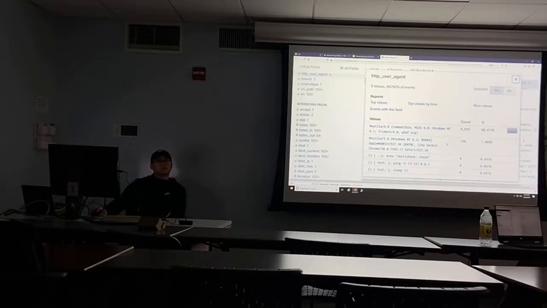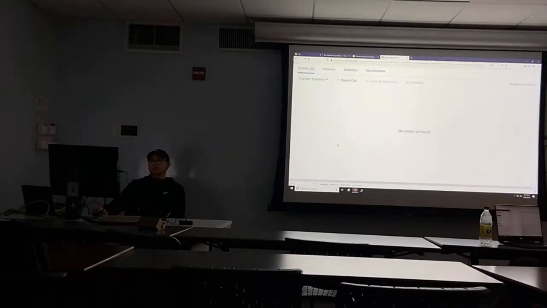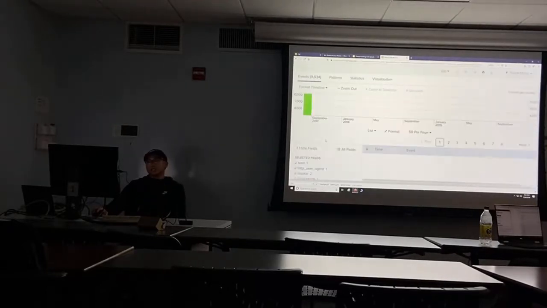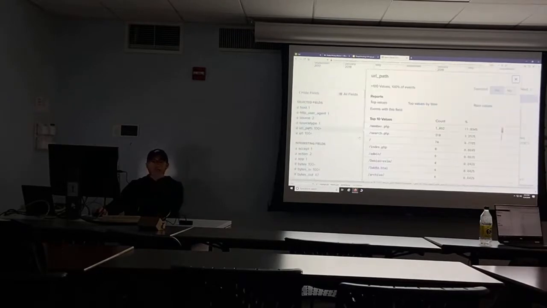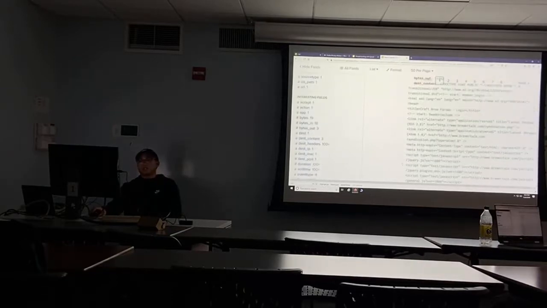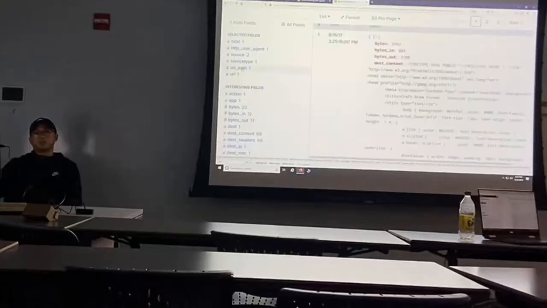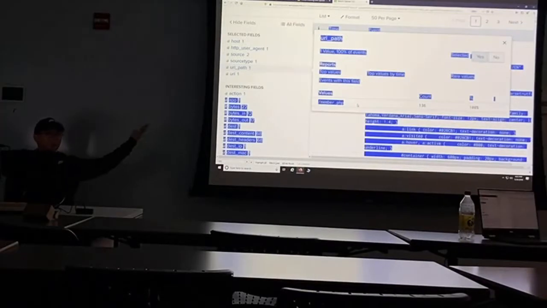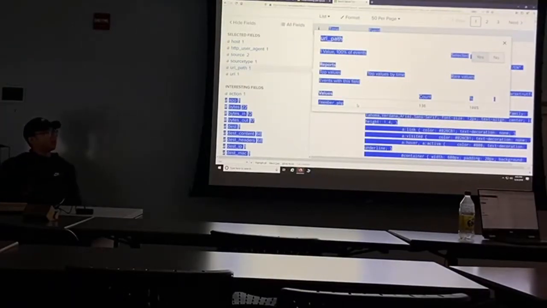So now that we have user agents, we're gonna look through. Wow, this looks interesting, right? This one has the most, so we're gonna look at it first. Since we're looking at URI path, we're gonna look at that. After this thing decides to load, we see this one has the most. As Brandon mentioned before, if you actually look at this specific URI path, you're gonna notice, boom! Only member.php is incoming.